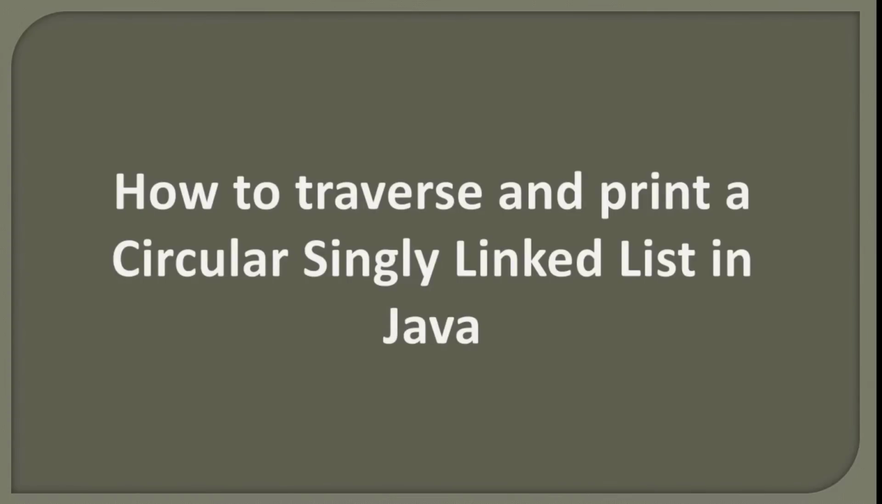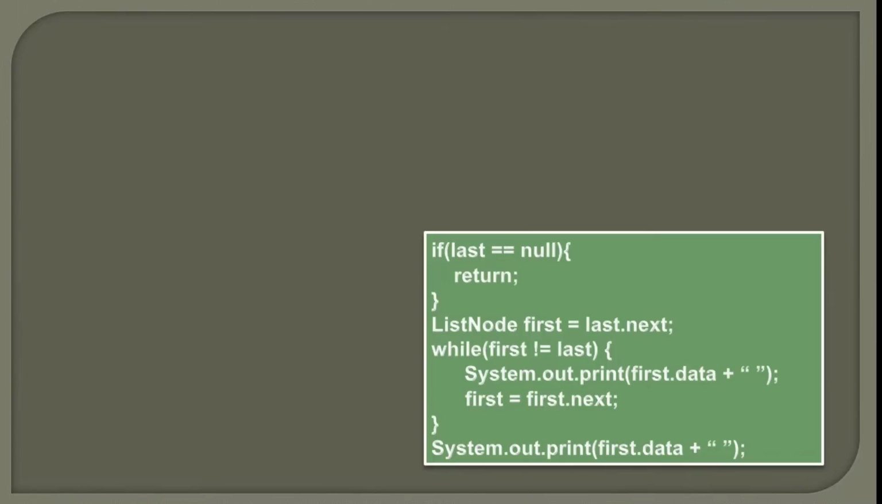How to traverse and print a circular singly linked list in Java. So friends, in my previous tutorial we discussed how we can represent a circular singly linked list, and we also saw how we can implement the circular singly linked list in Java. So in this tutorial we will discuss how we can traverse and print the elements of a circular singly linked list in Java. So here you see below is the algorithm to traverse the circular singly linked list and print